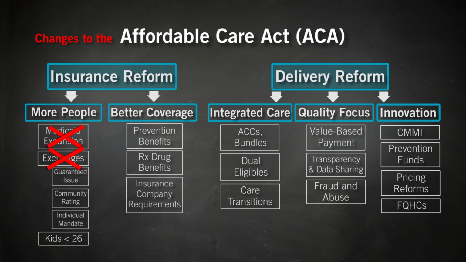Guaranteed issue, well, the administration says that insurance companies still have to issue policies, but it doesn't provide the mandate anymore. That goes away, which means that the premium structures in the policies will grow out of control. The sicker people will stay, the well people will flee, and we'll end up with unaffordable insurance.